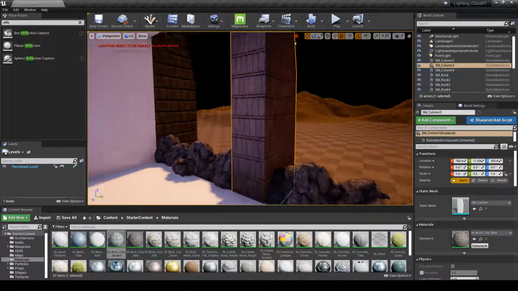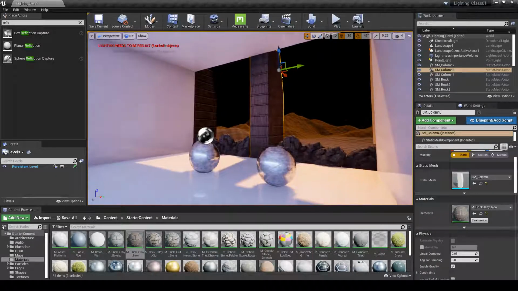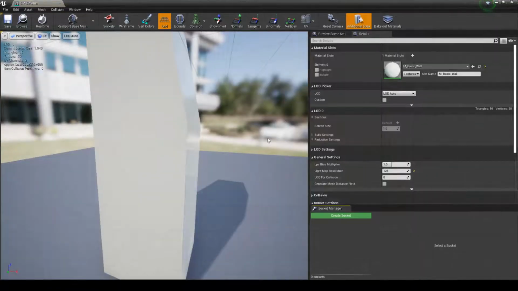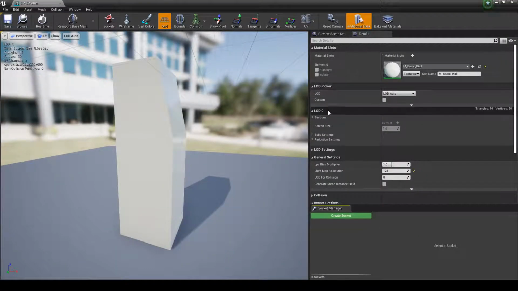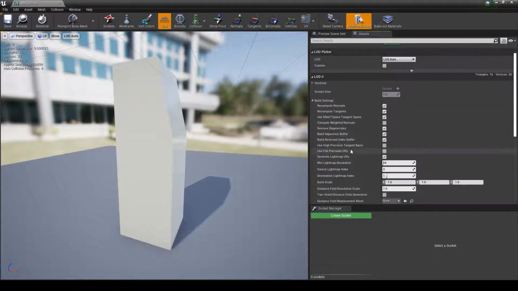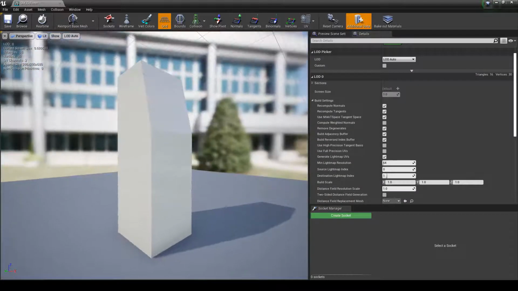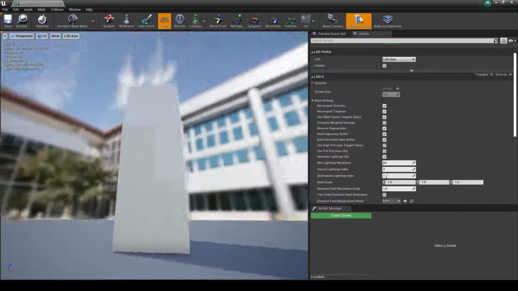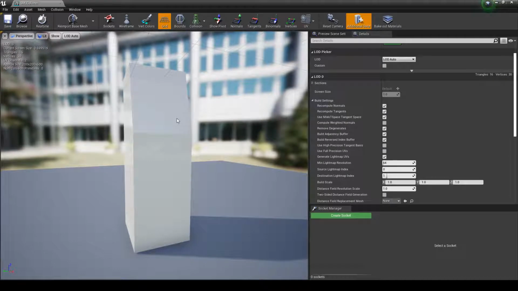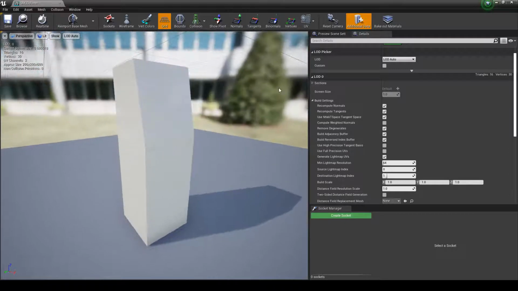The UVs aren't particularly great. We can improve the UV mapping by just double clicking on the static mesh, go into where you see LOD 0, build settings, and you can generate UVs for models inside of Unreal. It's not something that you do very often just because it isn't as flexible as a 3D application like Maya or Blender. It does projections really well when you start getting into projecting textures onto objects and not using UV so much, and it also does light maps pretty well, which is what we're going to use to UV